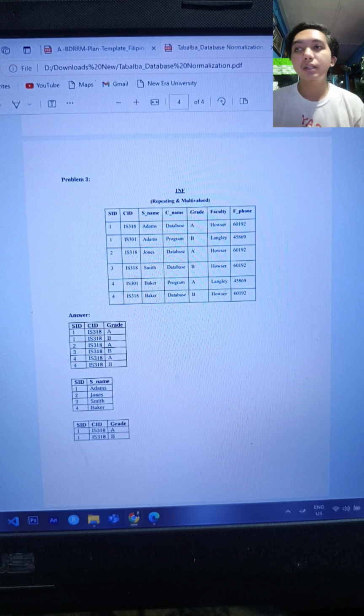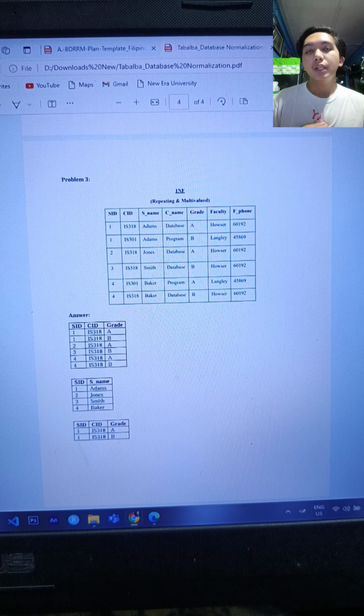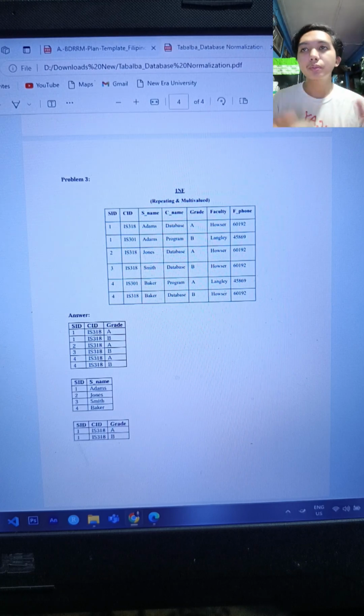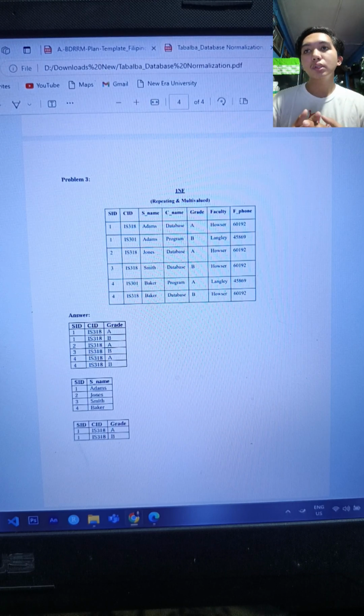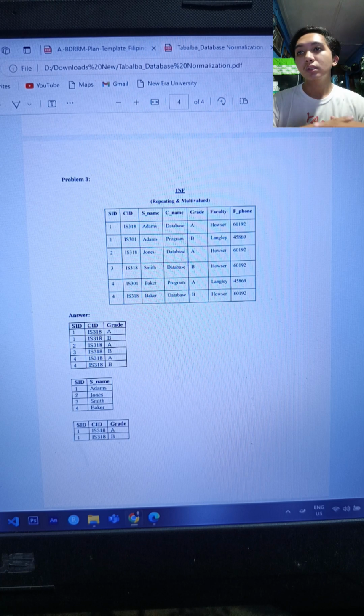Now is problem number three, where we're given a table with repeating groups, or 1NF issues, and multi-valued attributes. The goal is to normalize the data into a set of relations that are free from anomalies.